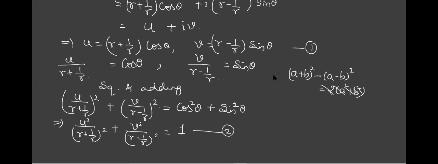If I subtract a minus b the whole square from a plus b the whole square, what remains is 4ab. You have used this in school many times. If you are not clear, just expand it. The a square and b square terms cancel. Here it is 2ab, and this is minus of minus 2ab, so ultimately we get 4ab. Why am I telling you this? Here ab is 4. What is my a here? If I apply it, my a is r and b is 1 by r. So what happens? r will be cancelled. r will be eliminated.